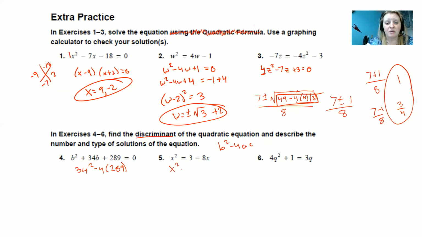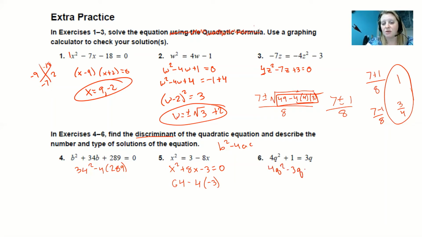For 5, even if you think you're that good at math, it's always a good idea to write out what you're going to do. So I'm going to move the 8x and the 3 over. I need this to be equal to 0 before I can even start to find the discriminant. So b squared is 64 minus 4. And a is just 1 again, so I'll just use the c term since 1 doesn't change anything. And then one more time,